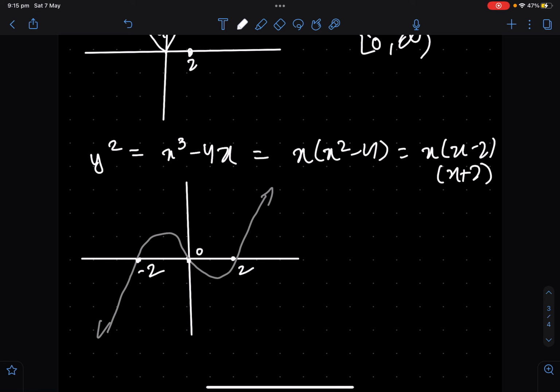Now, we go to square root this function. Now this will be a plus minus square root, so y is equal to plus minus square root of x cubed minus 4x. Now we look at this value. This is a single root, meaning it will be reflected. We have to make sure